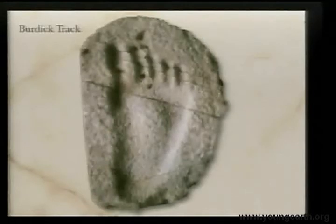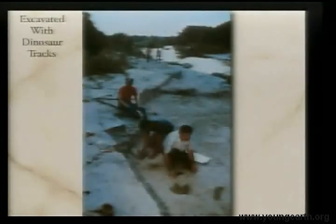We also find tracks that look like this. Well, this one has to be carved. Why? Well, look at it. It's human. And I think we were somewhat intimidated by that. It's just too good to be true, was one explanation. So we looked around for some that weren't quite so good, which we were able to find as well. In the lower right-hand corner,